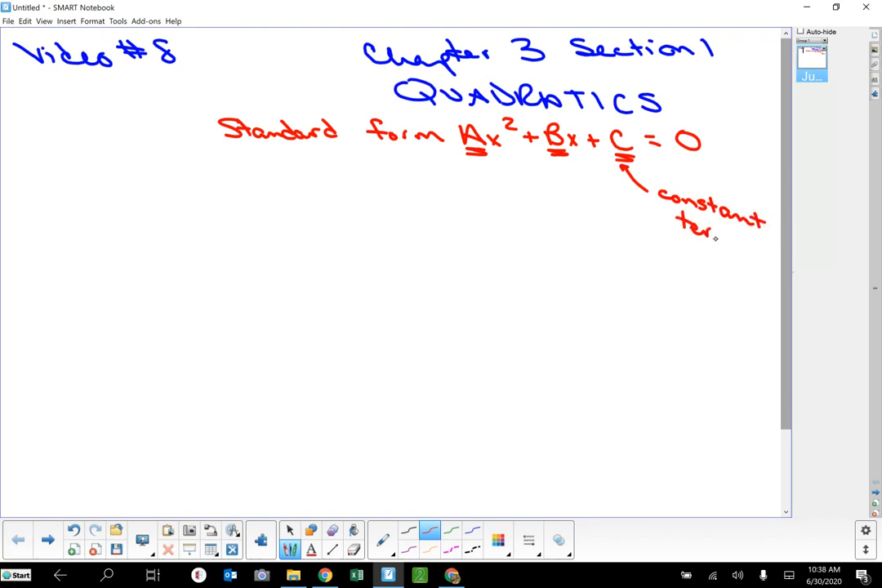And these actually are named. The x squared term is called the quadratic term. So just some information that I feel you should know about quadratics. The bx is called the linear term,